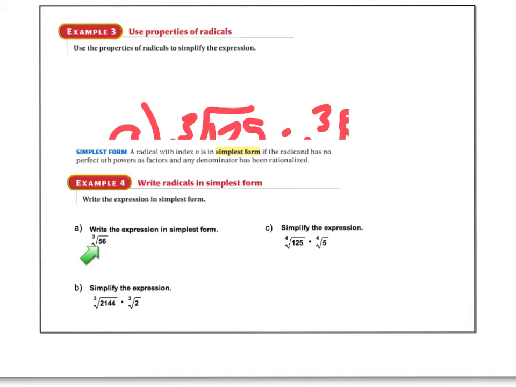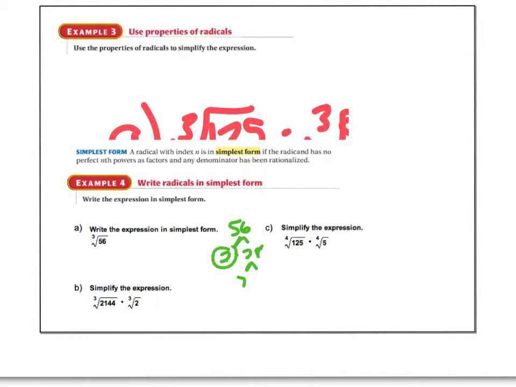So it's the same kind of idea when we're working with nth roots. Let's look at example A here, where we have the third root of 56. There are two ways to do it. The one way kids mostly like is the prime factorization way, where you're looking for 3 of any number under the radical. Are there 3 factors that are the same, where we can pull one out by taking its cube root? Some kids like to take that 56 and start breaking it up into its factors